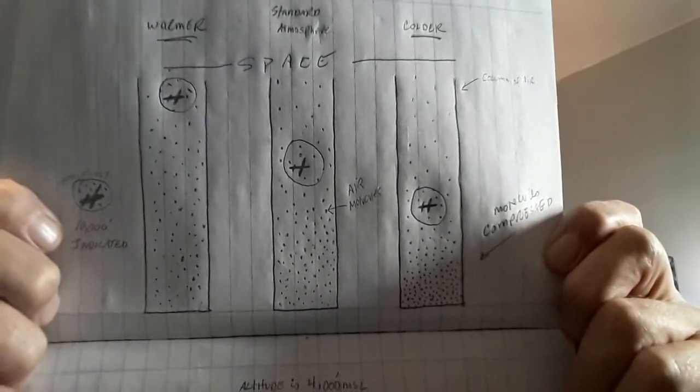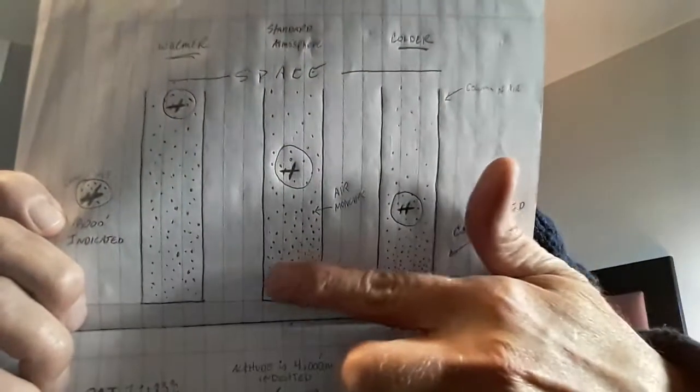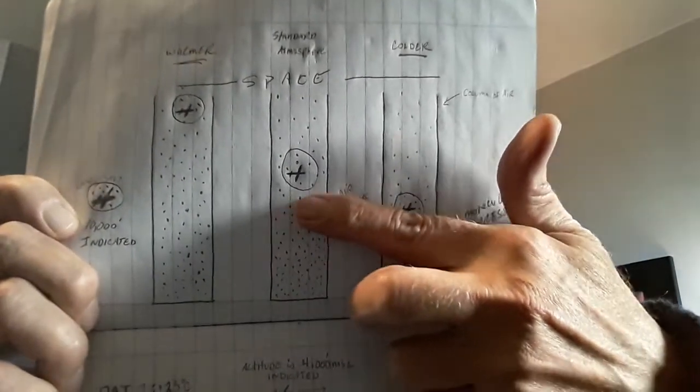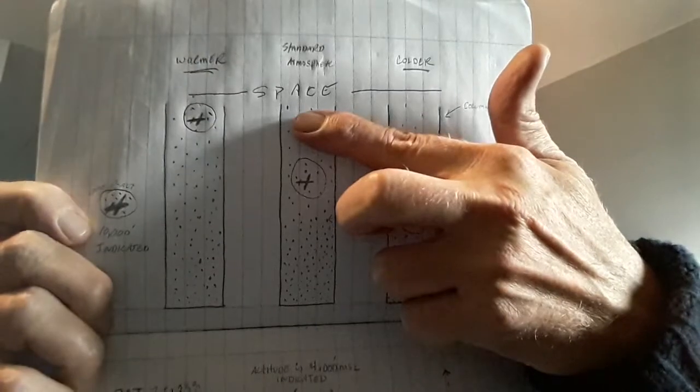Okay? So less excited molecules, in other words, molecules that are not warmed as much, will congregate together and sink to the bottom, compressing. Okay? And then as you go higher and higher towards the edge of the atmosphere, as the atmosphere thins out, these molecules become less and less and hence appear to be more spread out. But the key here, and you can see it right here in the diagram, is that in the standard column of air, you can see that the molecules at the bottom are in fact compressed more together, and then they start to spread out, and there's more space between them as you go higher and higher to the edge